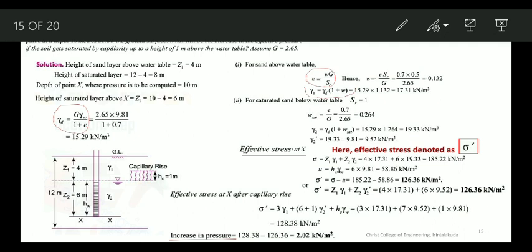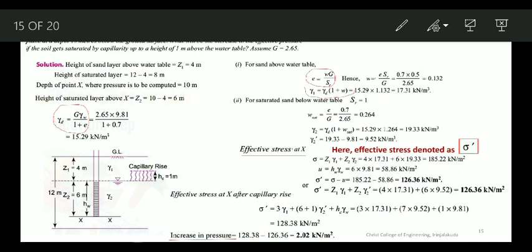Okay, now coming to the capillary rise case. Now we may write the total stress value. In this slide, it is represented in terms of submerged value. How much layer is having gamma 1 now? Only 3 meters. Why? Because out of the 4 meters, 1 meter has capillary rise, so it is fully saturated. Now the 50% saturation remains only for a height of 3 meters, so only a 3 meter height has the gamma 1 value.